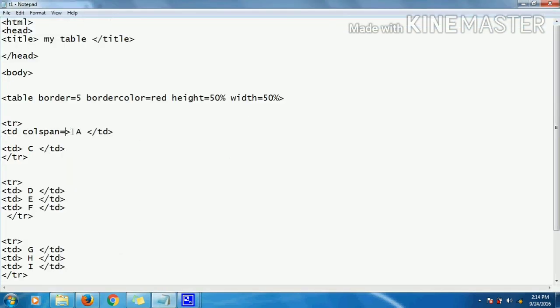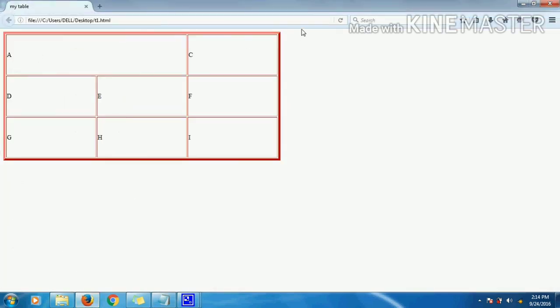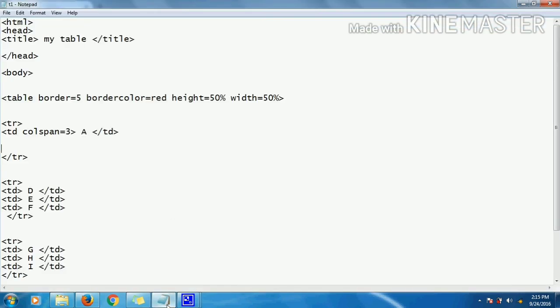And row span is also similar to this. So if you delete the third one, here you see I will delete the third one, and then you just remove, and then you can see now everything is deleted. So if you do colspan 3, the third one is also deleted. So you can do it in this way. Understood?